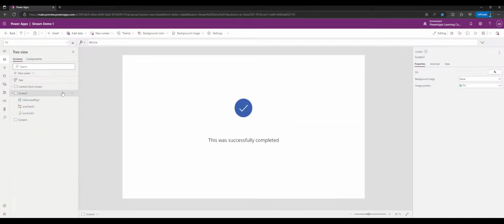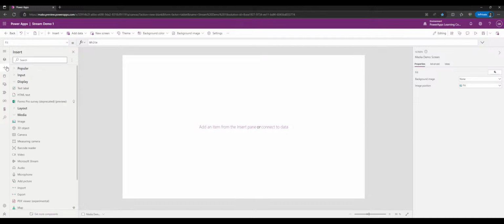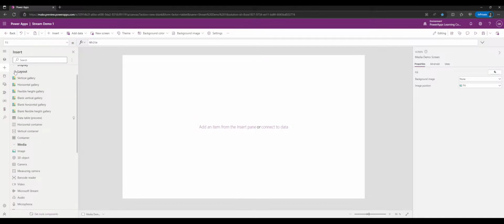We're gonna add a blank screen, and I'm gonna delete the screen. And I'm gonna call this media demo screen. And we'll look in the media. I'm gonna skip layouts because I haven't even really talked about data at all yet. Data is the secret sauce that makes PowerApps incredible. But right now we're just looking at controls, which are like,